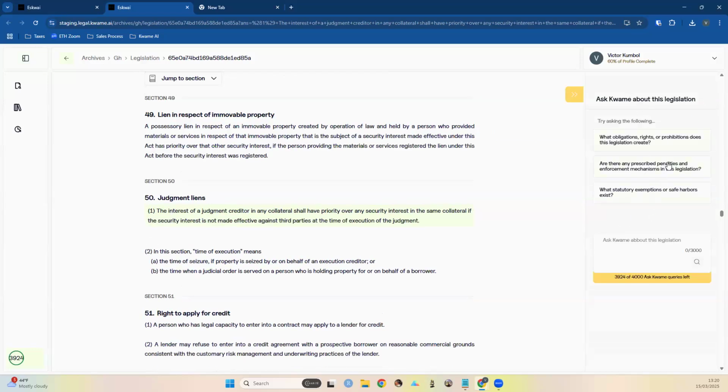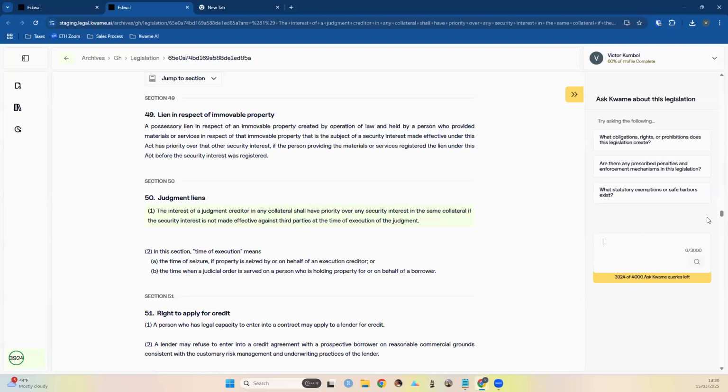And in this side menu, you have access to what we call Ask Case. So Ask Case is basically giving you the functionality of Ask Kwame, but specifically for the legislation or case that you are currently viewing. And we know from feedback that there are times you would want to dive more deeply into a particular case or legislation. So this gives you the ability to ask questions with reference to this particular legislation. I came here because I asked a query about the parity of interest between judgment creditors and secured creditors, and now I have some more questions about this legislation.